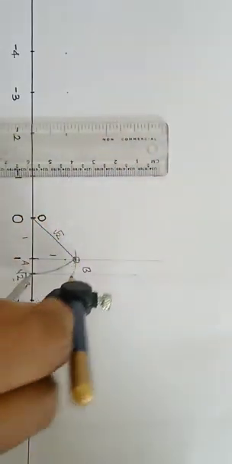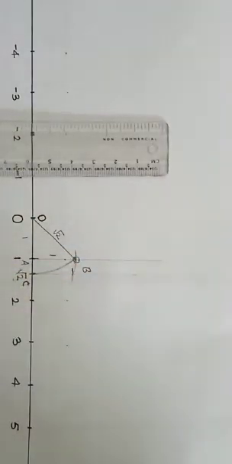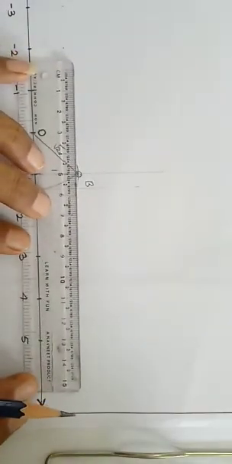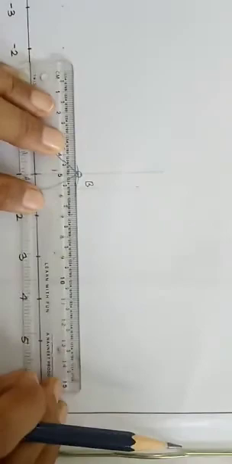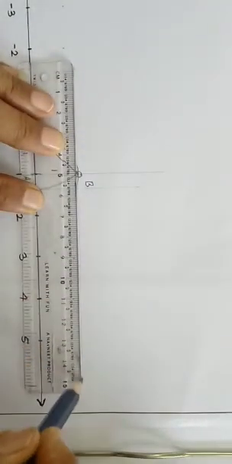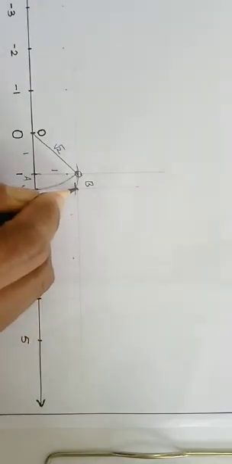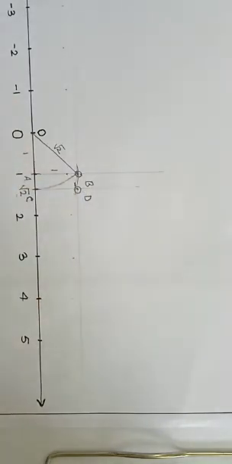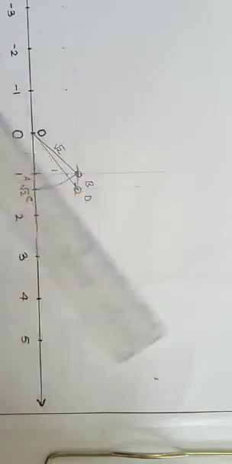So for that purpose, what am I going to do here? I am going to draw a line parallel to the number line. And where will that parallel line go? It will start from B, so the distance will be the same everywhere. Very light line. Okay. Now where these two lines intersect each other, here we get our next point, say D. Now join O and D. I have joined O and D.